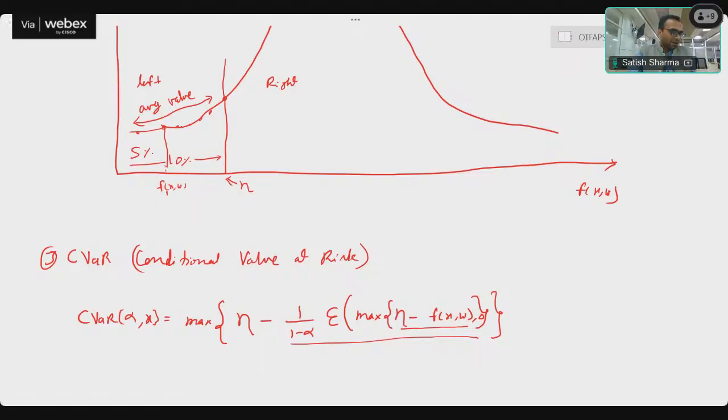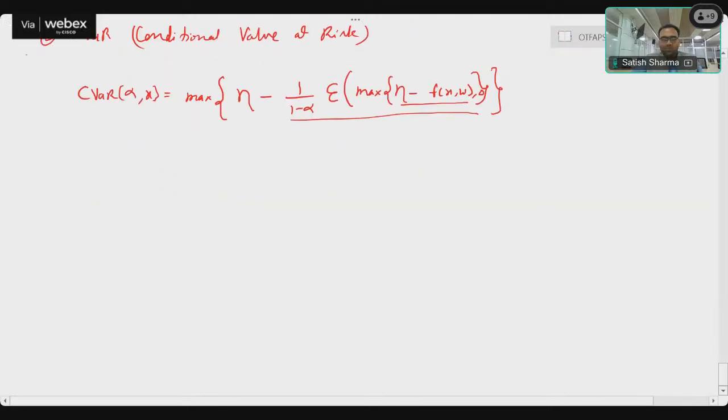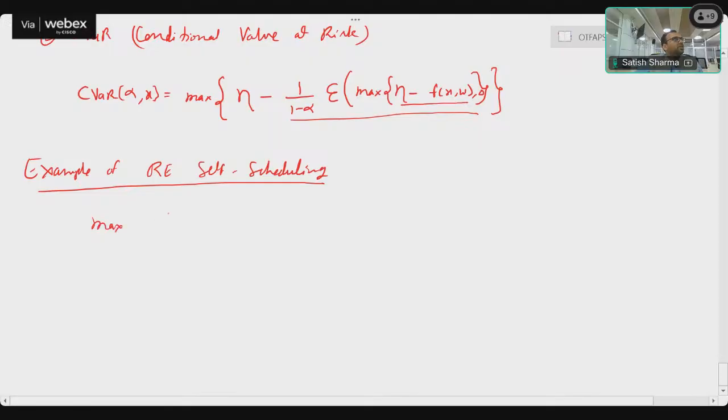Now how can we model it in our program? I will try to put, first of all, the variance in my model. So we discussed earlier the renewable self scheduling, so let's consider an example of RE self scheduling. Okay, so in RE self scheduling, we had an objective function of maximization, and that was